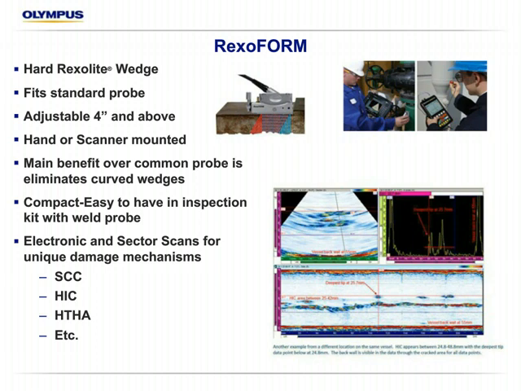The real benefit, compared to grabbing a phased array probe and having many different wedges, is that we don't have to actually curve the wedge from 4 inch and above. You buy one mechanism, but the acoustics are going to be very similar. This can also be hand scanned, just on time with an encoder. It can be scanner mounted and do XY mapping as well. So the main benefit is it's an engineered solution that eliminates as many consumable wedges to fit different curvatures,